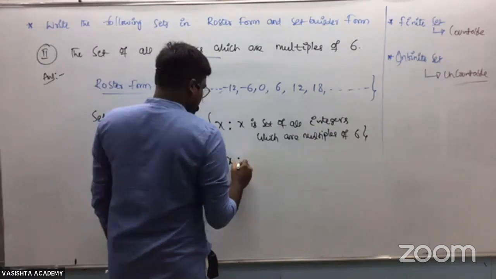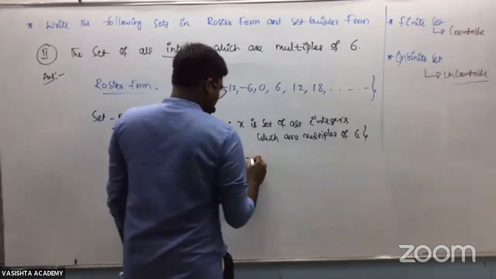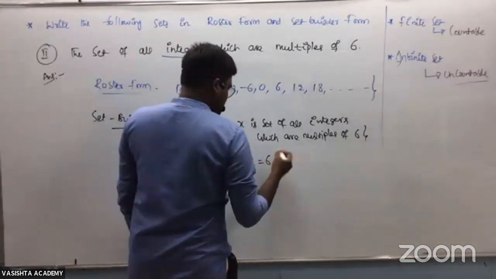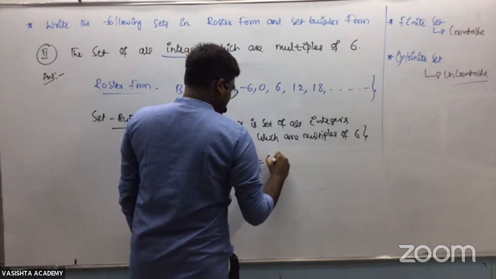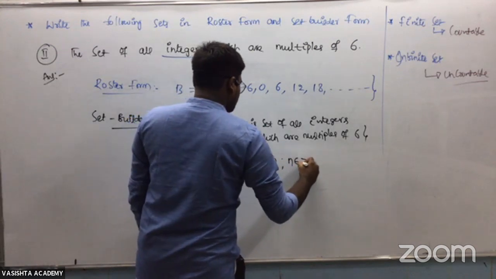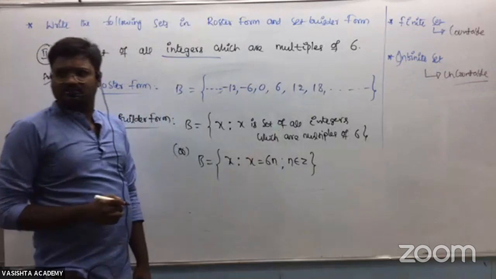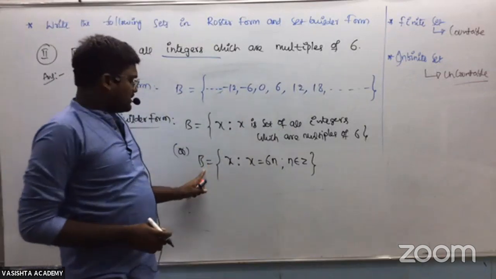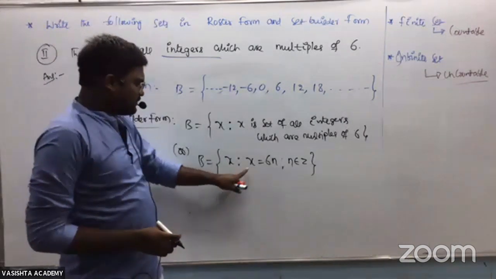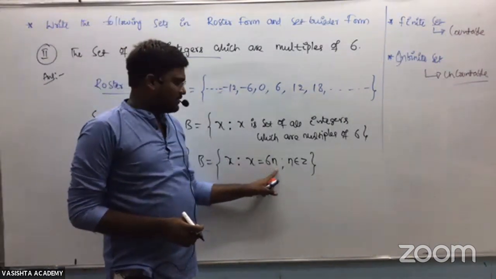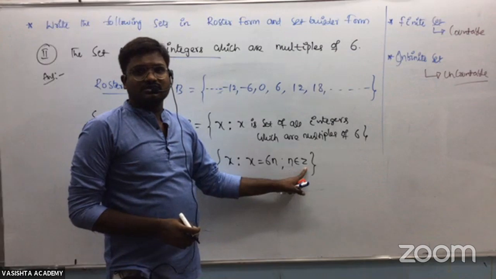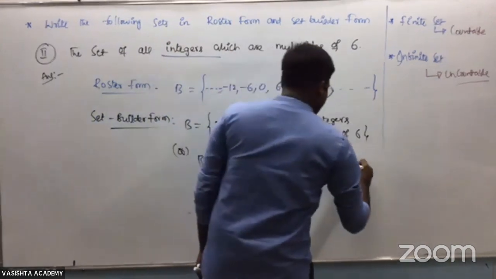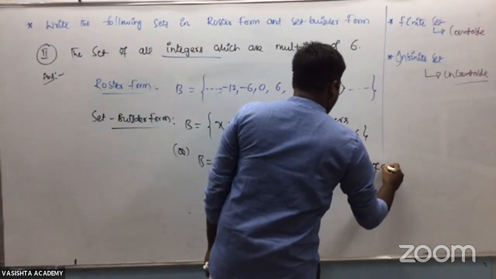I can also write it like this: x such that x equal to 6n, where n belongs to integers. Is it correct? These two are the same, right? B equal to {x such that x equal to 6n, where n belongs to Z}. What is Z actually? Set of all integers,